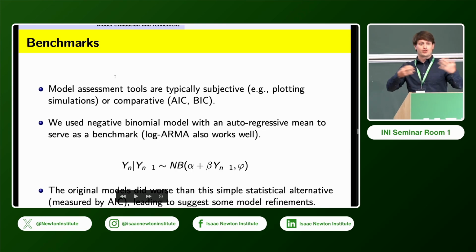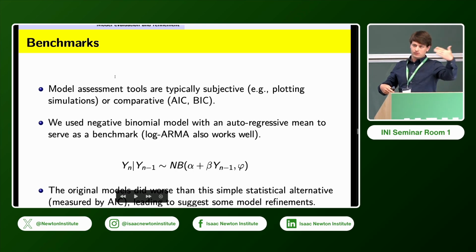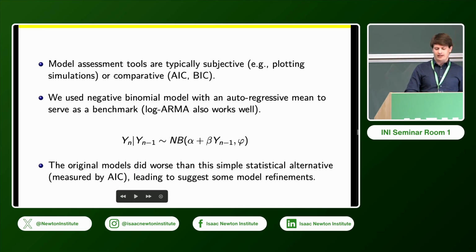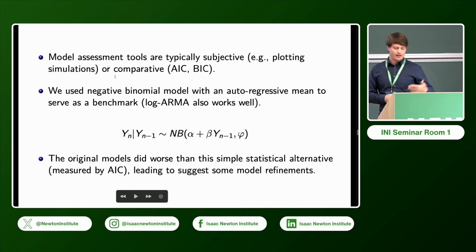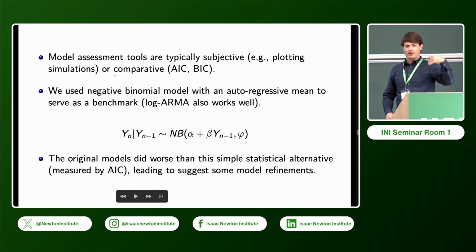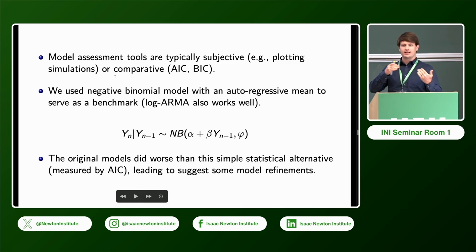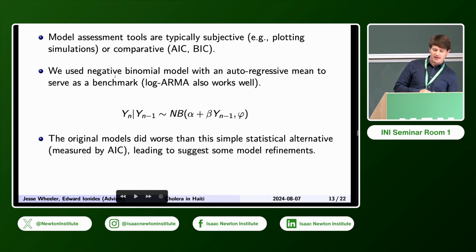Or they're comparative. So you might propose 3 different models and you can pick the best of those 3 models based off of some information criteria like AIC, BIC, etc. However, these comparisons, aside from just being subjective, don't tell us the absolute performance. You might fit 3 really bad models and you could pick one that's better than the rest of them, but that does not necessarily imply that it's actually a good description of the system. So we recommend finding a way to calibrate this relative comparison that's fairly common. One way to do this is via a benchmark model.